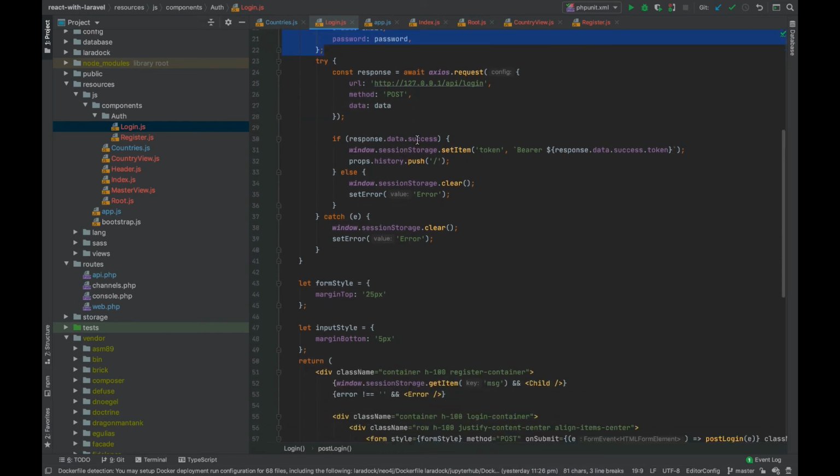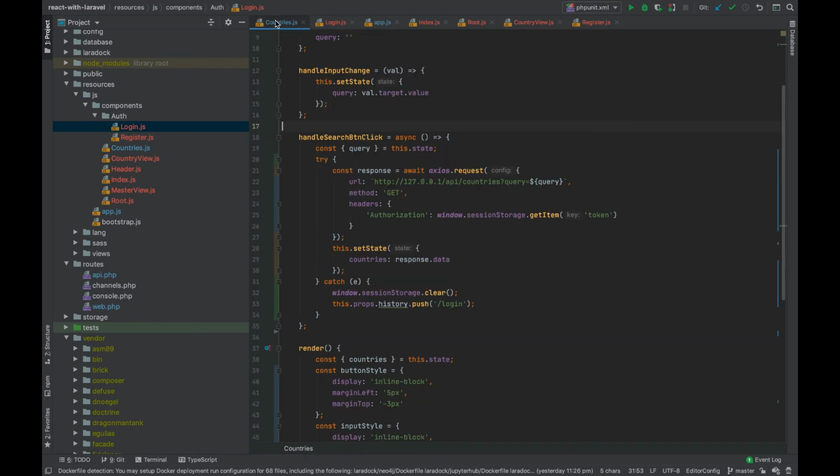And if the response is successful, it sets a variable in session storage named token, which we use to authenticate a user. So after successfully logging in, we have a token stored in our session storage, which we use to